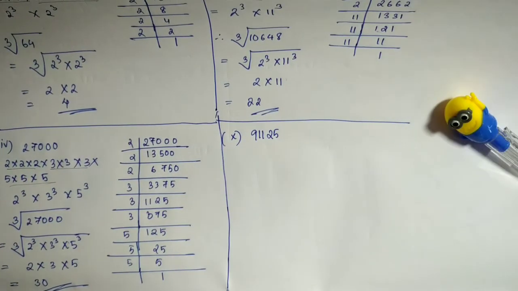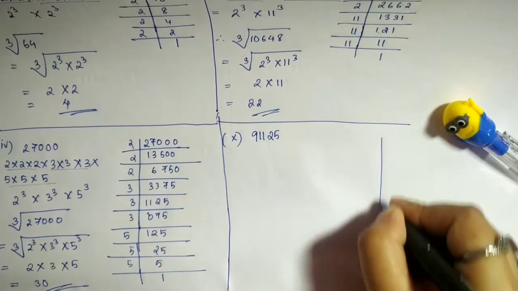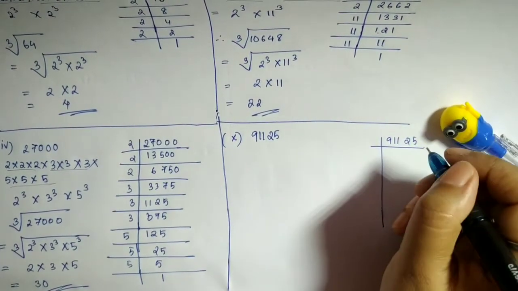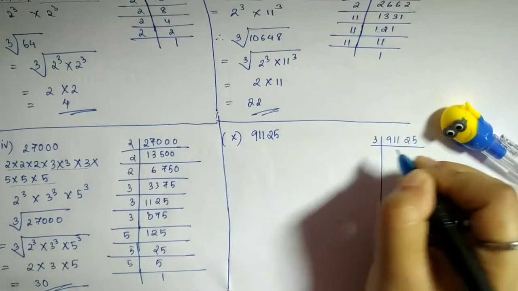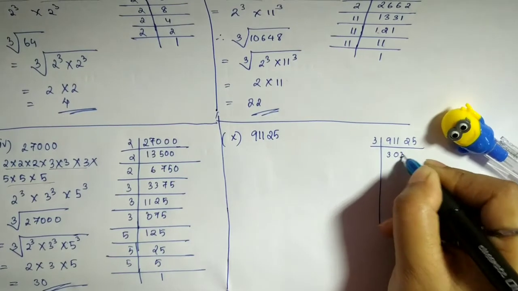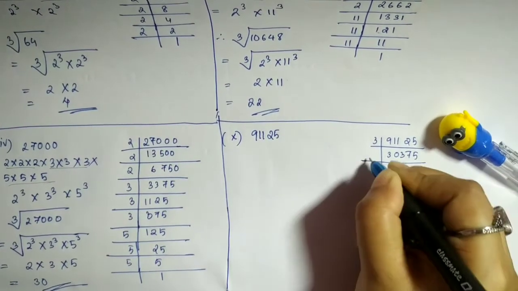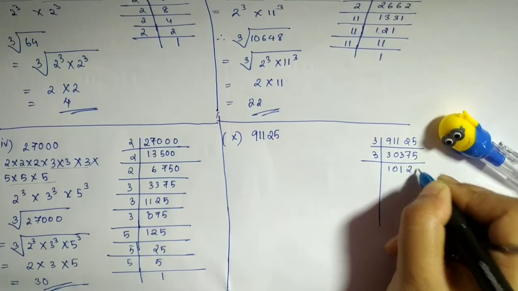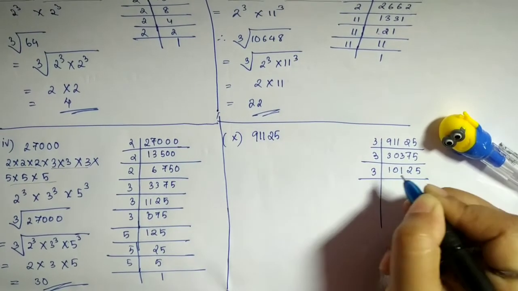Okay, let's find the factorization of this number, 91125. It goes by 3. When you divide it by 3, you will get 30375. Again, this number goes by 3. You will get 10125. This goes by 3. You get